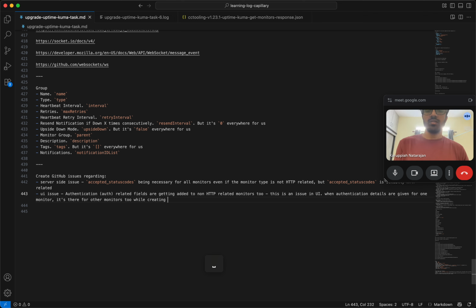So the UI has to refresh and clean up all monitor related data in the form, with clean form data, and show the add monitor form clean and empty, right? Cool. So with that,